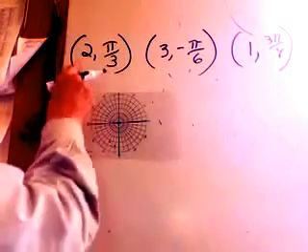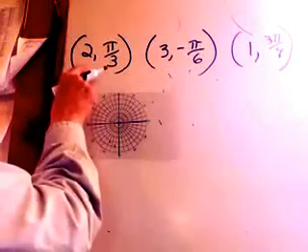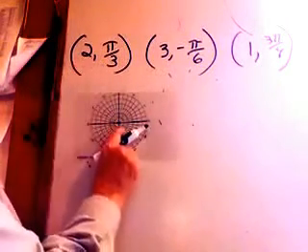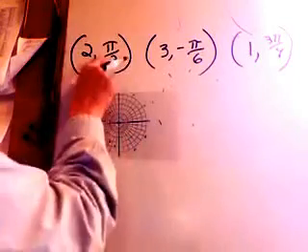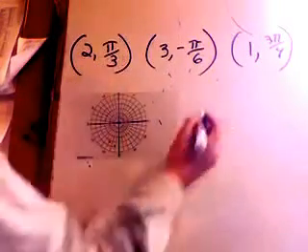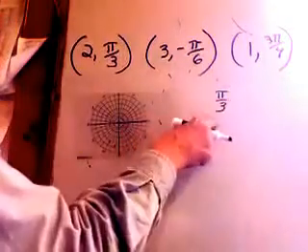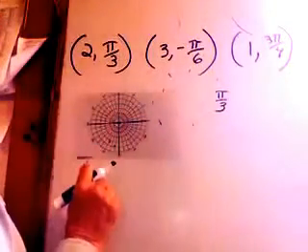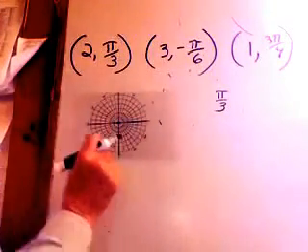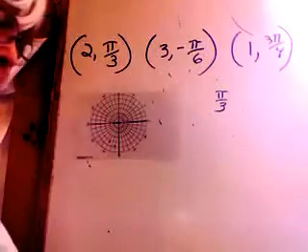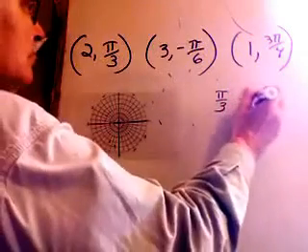So if I wanted to plot the number 2, that's going to be on the second circle here at pi over 3. So first of all, I need to figure out, well, what is pi over 3? Because that's radians and my chart has degrees. So I have to figure out pi over 3, and hopefully you know that that's 60 degrees.